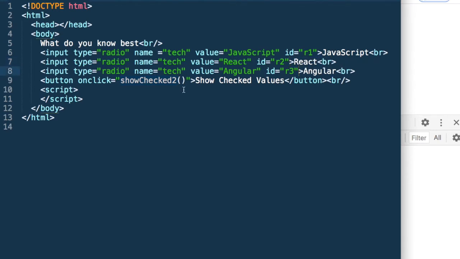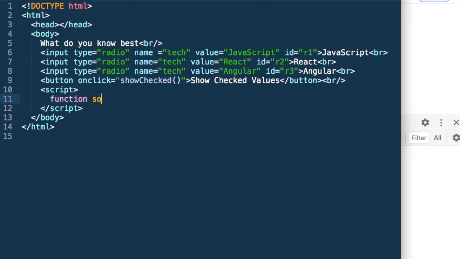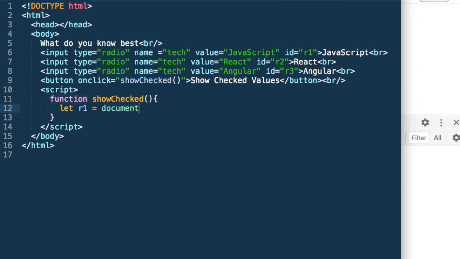Now what do we need to do? When we click this button show checked, we want to show the value of the radio button. So let's say function showChecked. So one way is that we go through get element by ID. So I can say let r1 is equal to document.getElementById r1.